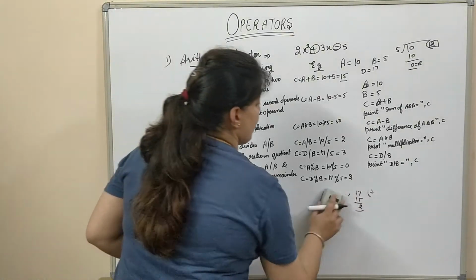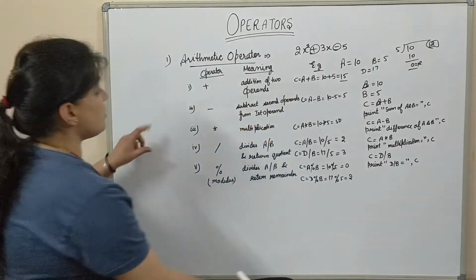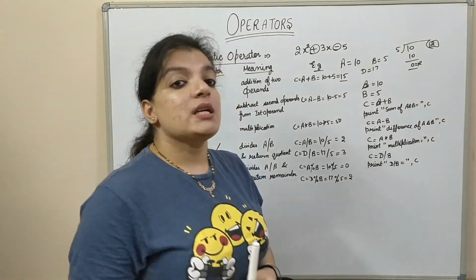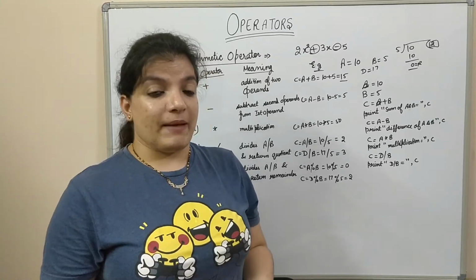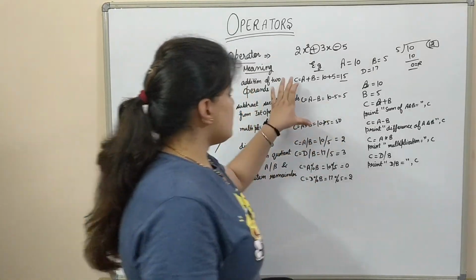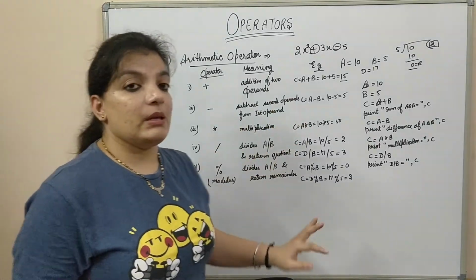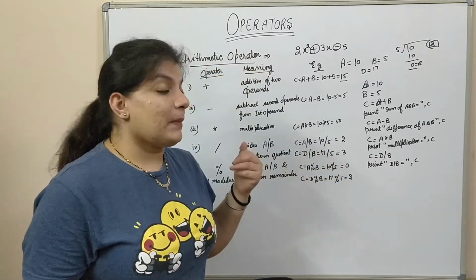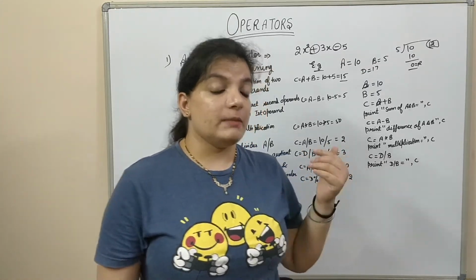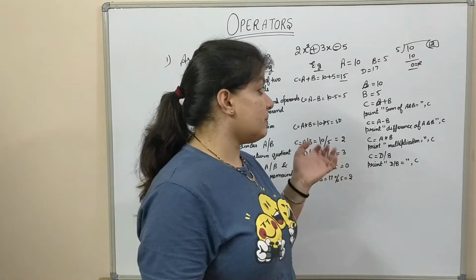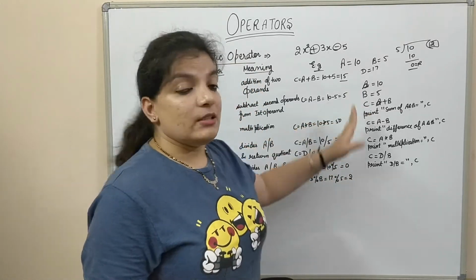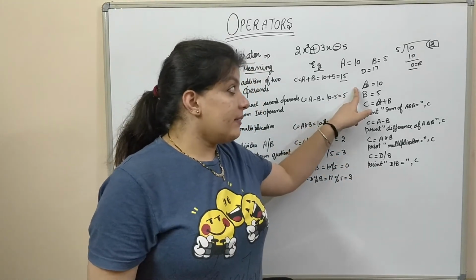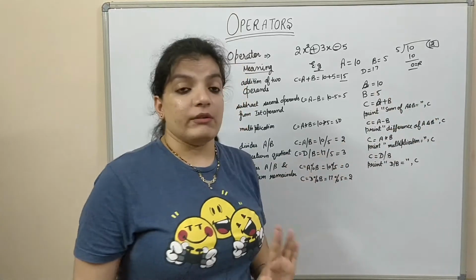So these are the common operators. These are all the 5 common operators that are used by the Python programming language, C language and Java programming language. The meaning of all operators is the same in these 3 languages. Only the syntax is changed. As I told you in my previous video, if anyone has not seen it, please go and watch. I will share the link in my description box. In the Python programming language, we don't need to declare variables. Directly we can take a variable with a value and use it in our program.